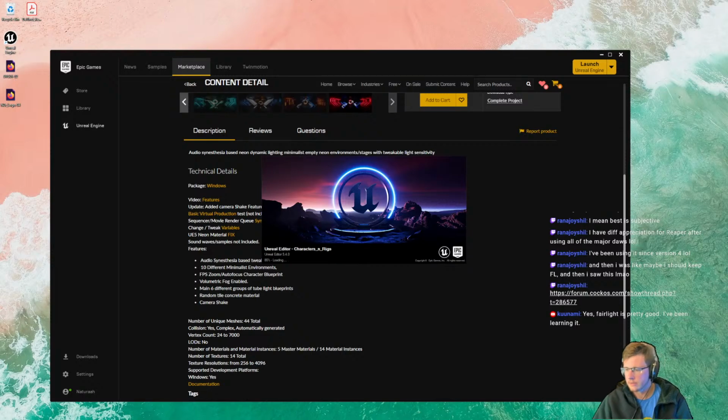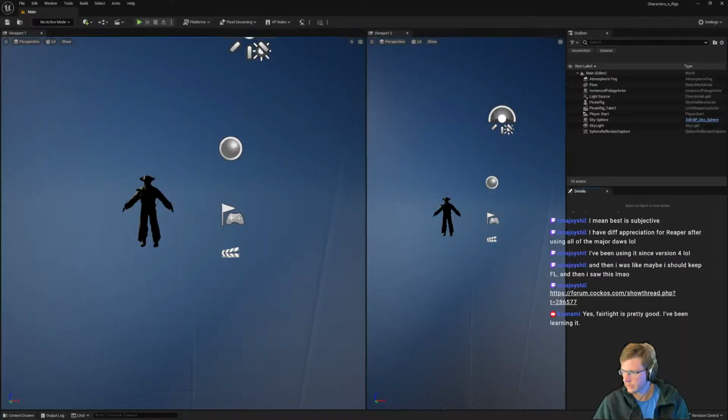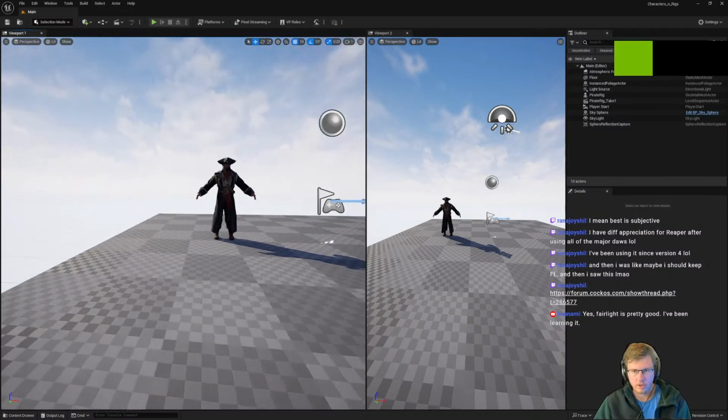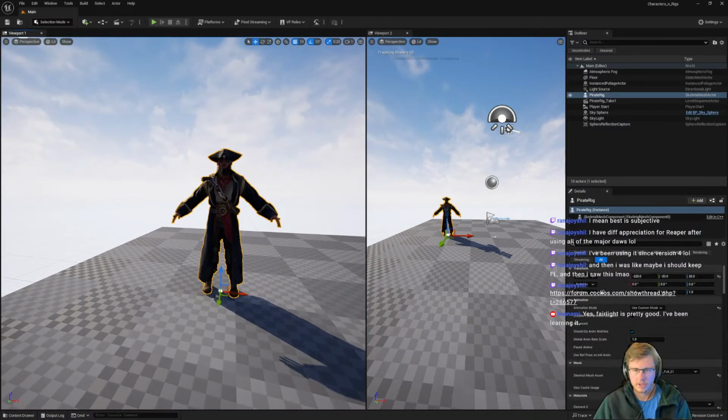Oh yeah, this is like the sequencer inside of FL Studio. But this was from a tutorial I saw, which I can link.